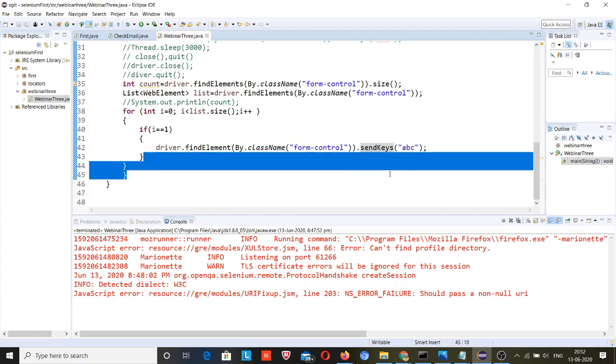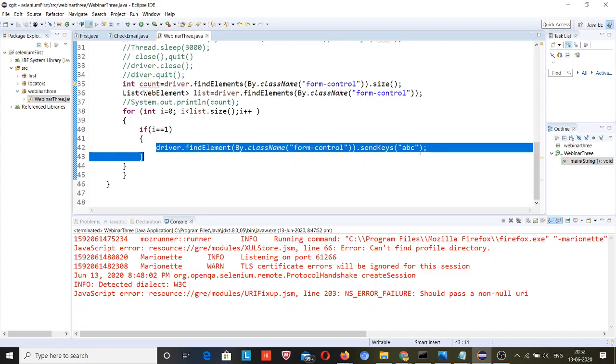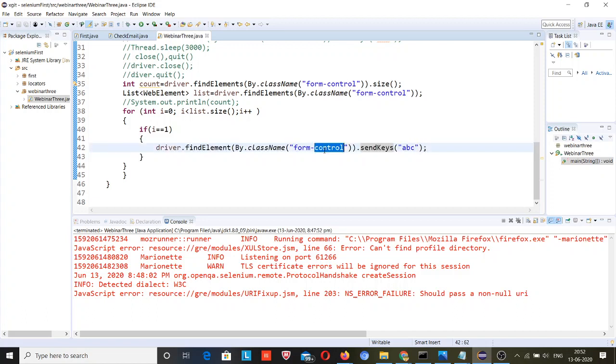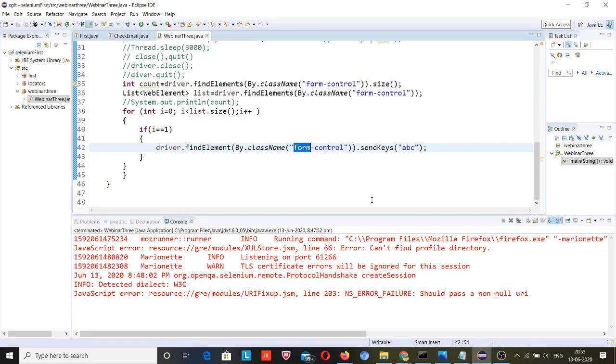What happened is this condition will be true and this will run this code. That means Selenium does not know about your condition. Selenium only knows that if this condition is true, then I have to run this code. And what this code actually says is that you need to locate the web element with class name form control, so it will only come into this page and find this again and again. It scans from the top left, it doesn't matter what the index is, until you tell Selenium that you need to relate with index as well.